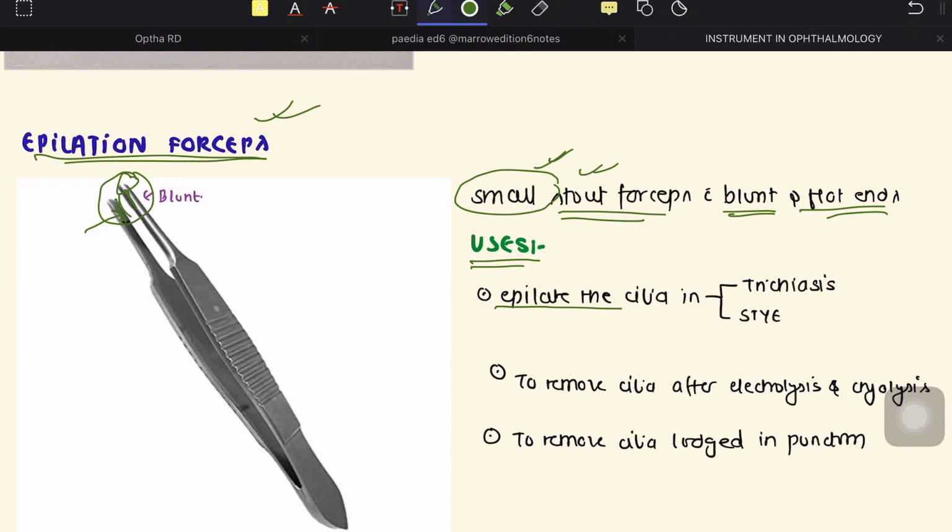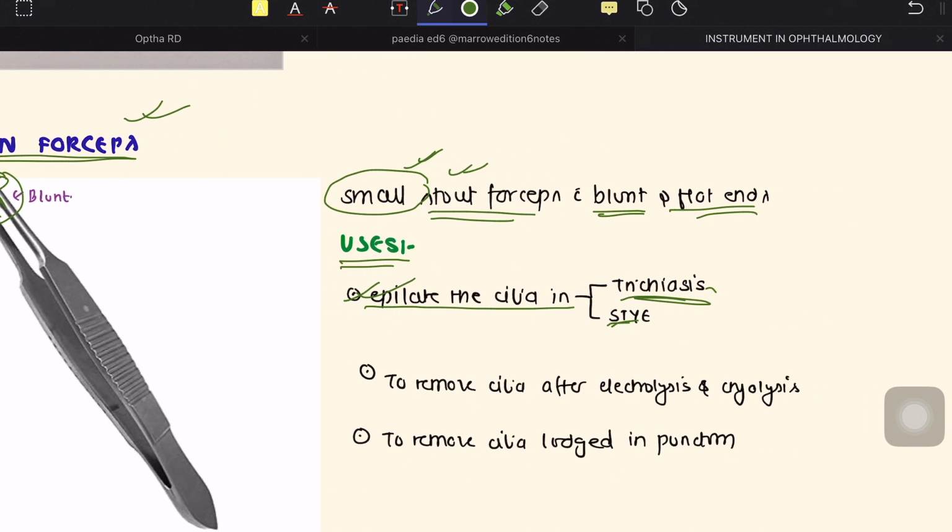It is used to epilate the cilia. Epilate means it is used to pluck out the cilia during surgeries like trichiasis surgery and sty surgery, because during this pathology in the eye, the lashes of the eyelid are misdirected, and because of that they irritate the cornea, and by epilating the eyelashes we can relieve the irritation. So epilation forceps is used to epilate the cilia during trichiasis and sty surgery, and it is also used to